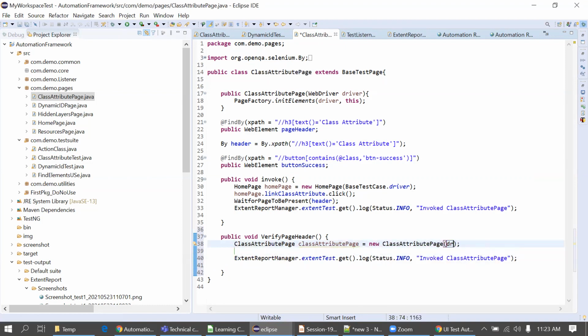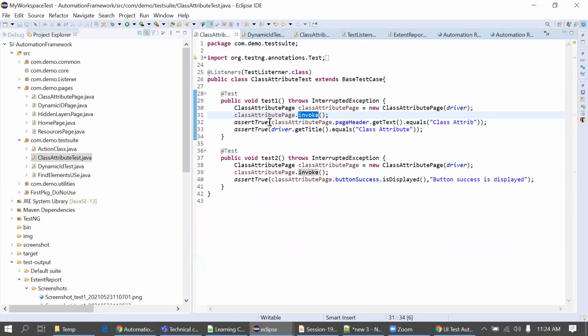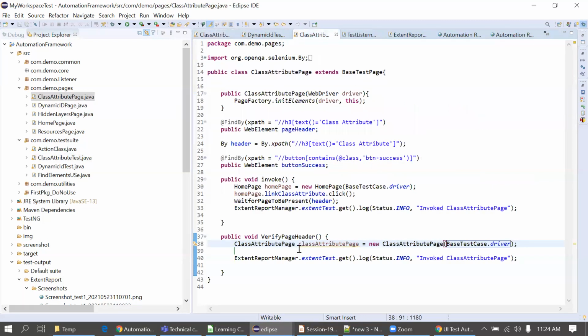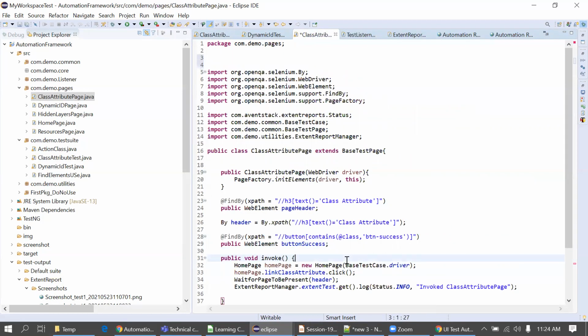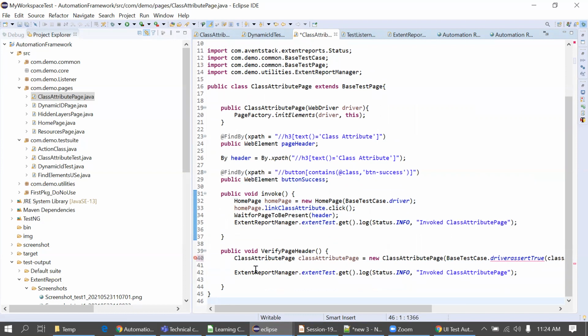Where is the driver? I have to call it in this way. And which code have I written here in the test case? I will copy this. Paste it here. What is happening? Yeah, that's fine.